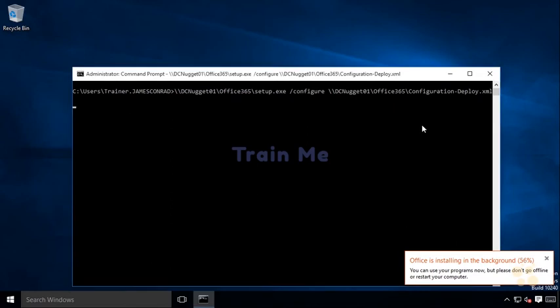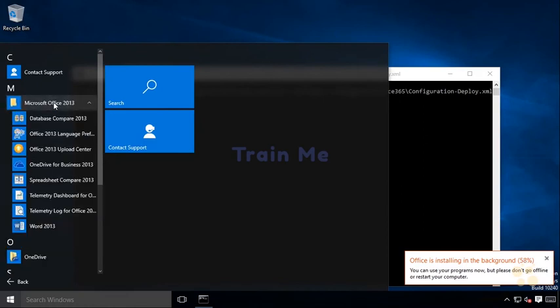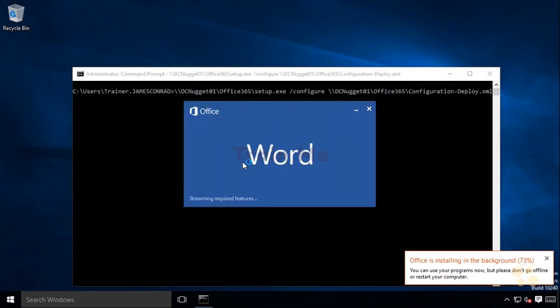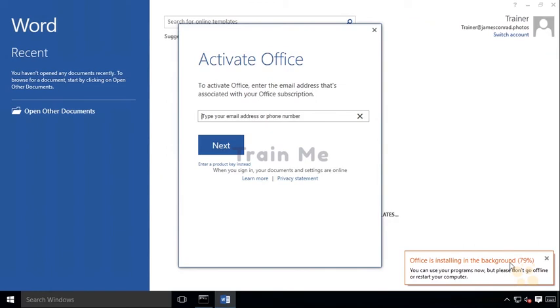While it's installing, notice we're 56% of the way along, but we do already have part of Microsoft Office installed. A lot of these are common things that have to be installed, but notice that there's none of the other stuff, PowerPoint, Access, some of those other things. But I'll go ahead and launch Word, and notice that even before it's done installing, we can still go ahead and use it. Notice that I do have to enter in my email address here,